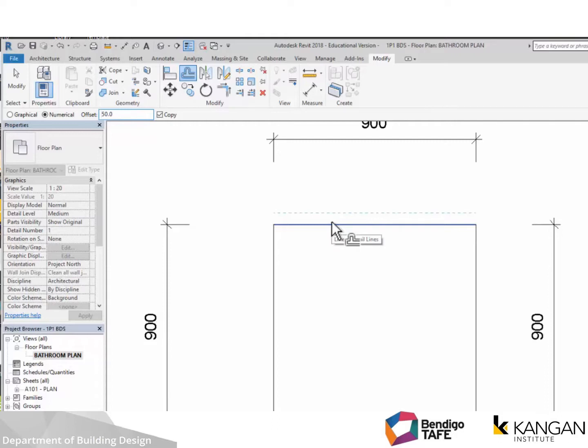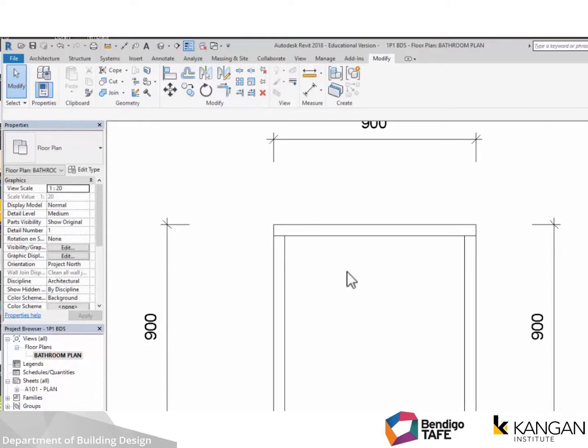See the little green hidden line that's popping up? It's telling me which side it's going to place a line. So you can see as you favour one side of the line or the other that it's popping in. So I'll come down to that line and I'm offsetting, so it's drawing another line 50 millimeters in from my original line. So back to modify to cancel,